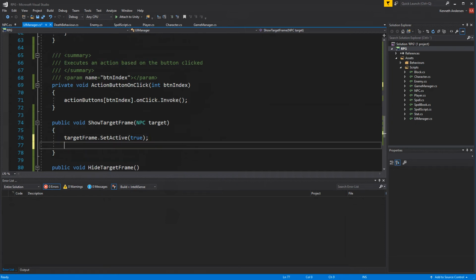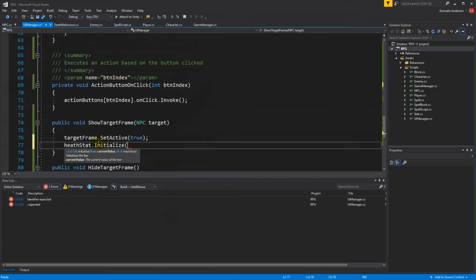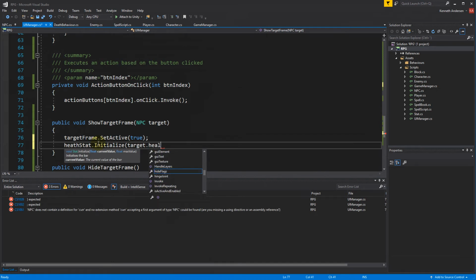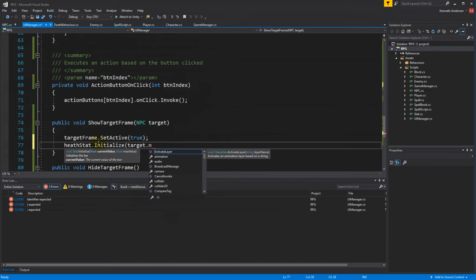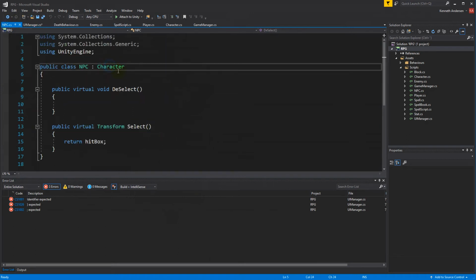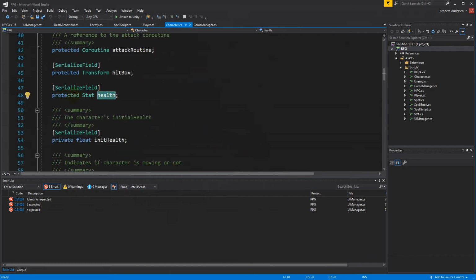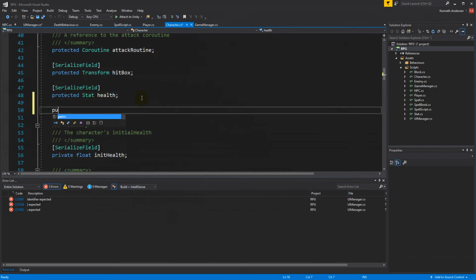When we've done that, we can actually initialize it by saying health stat dot initialize. And what do we need to initialize? We need a current value. Well, the current value is the target's current health. That's health. What is it called? It's called my health. Okay, so we can't access the target's health right now because it's on the NPC. So let's see, the NPC is inheriting from character, and character has some health right here, but it's protected. So I would like to access this. So I can create a new property, public